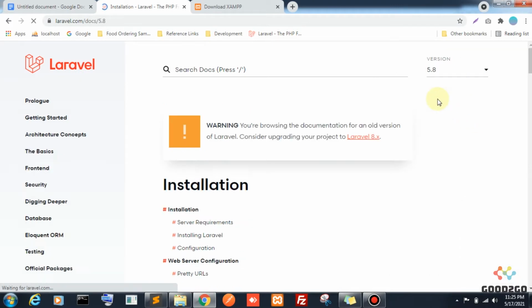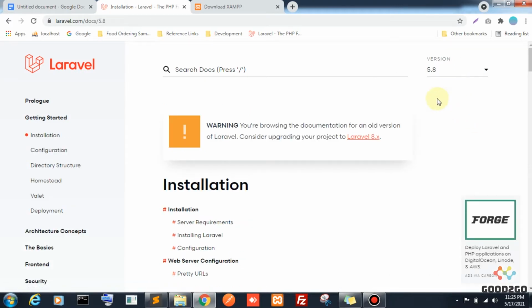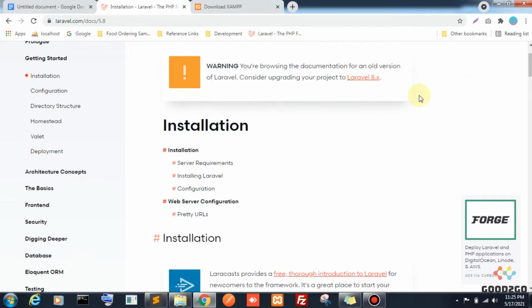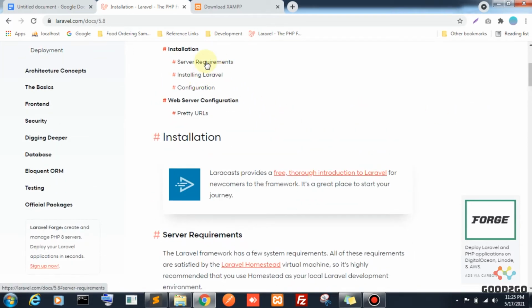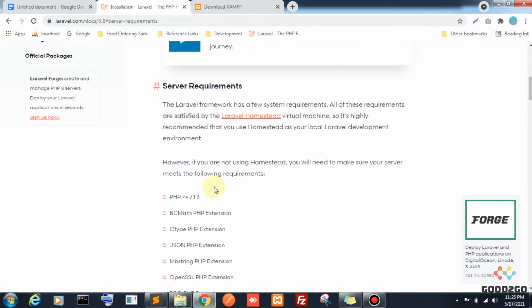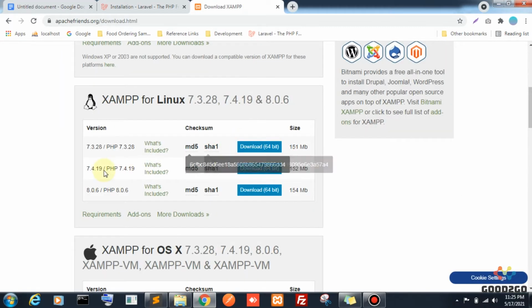When you go into laravel.com, you have to pick the version you need. In the installation section I have the server requirements. Here we need PHP version greater than or equal to 7.1.3, which means you can't use a version below 7.1.3. You can download based on the requirements.